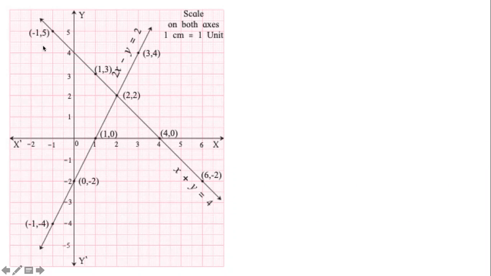We had found some of these points. Try to remember what points we found. We had found (1, 3) from the first equation. We had found (4, 0). Yes, (1, 3), (4, 0). What was the other one? (-1, 5). Yes. We had found (1, 3), (-1, 5), (4, 0) and (0, 4). This is what we had found.